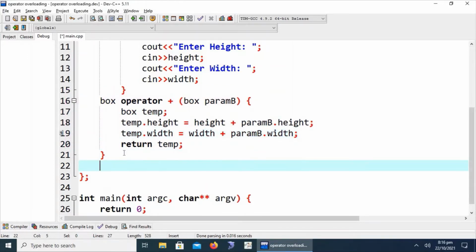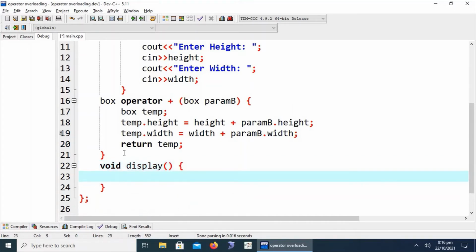Okay, now I am going to write down the ordinary function for displaying the values of the class attributes.